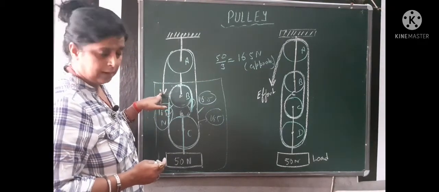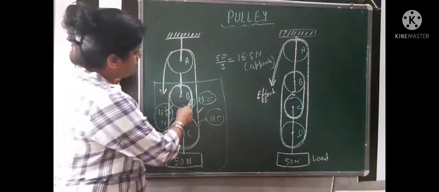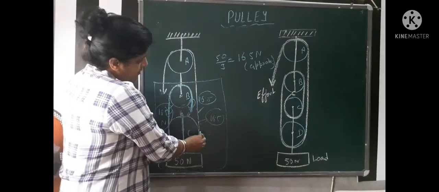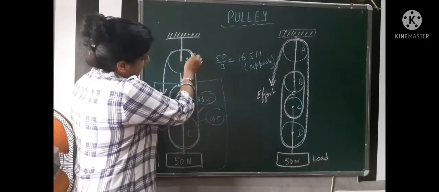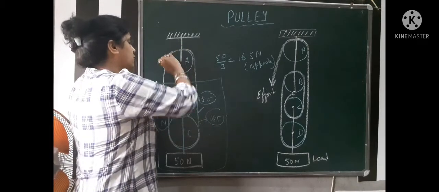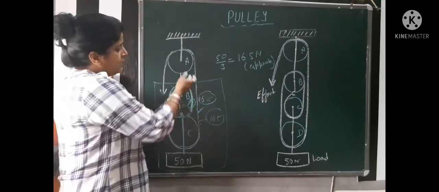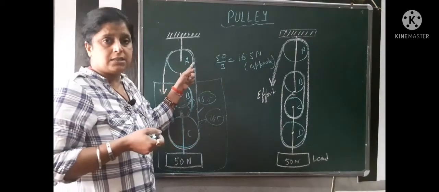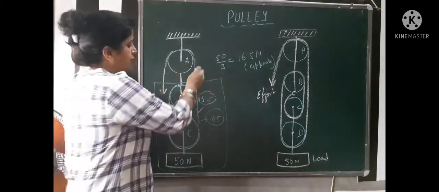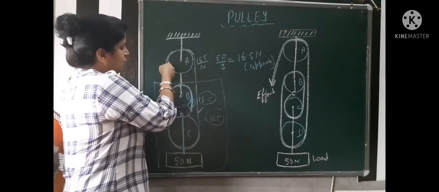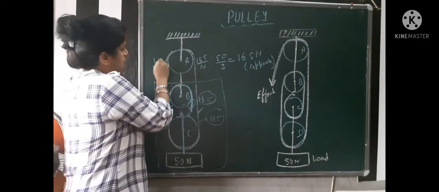Now as it is around pulley A and the person is holding the rope from this side or the cable at this point, how much force will he or she apply to pull this object, as this rope contains 16.5 Newton. Naturally that side also has equal force, because I told you that whenever we are going to hold any object, equal force of tension will be on both the sides. So if on this side 16.5 Newton force is working, then on that side also the tension force is 16.5.